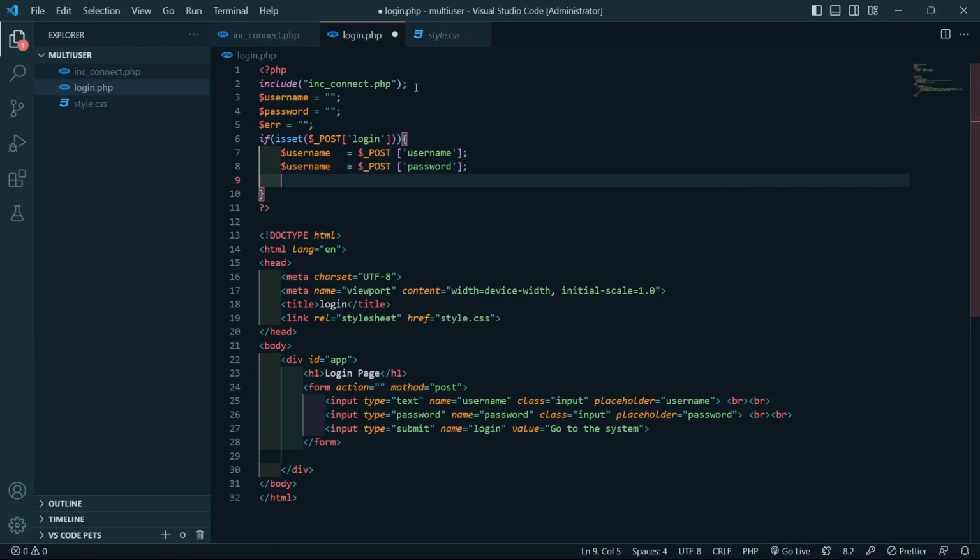And then here below the password, username, post password,